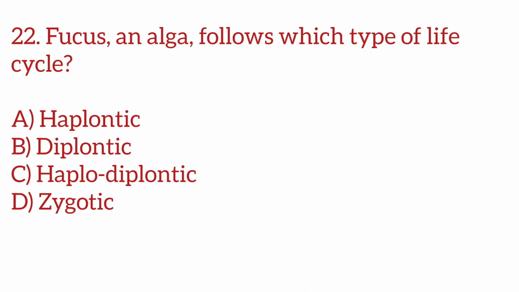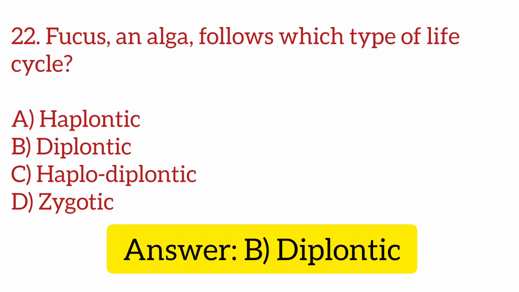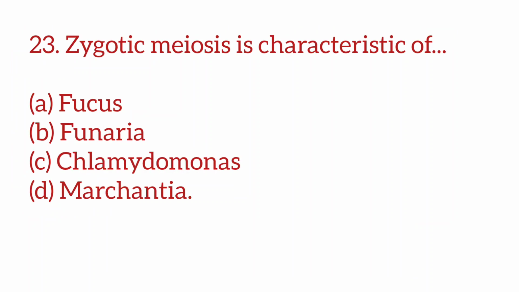22. Fucus, an alga, follows which type of life cycle? A. Haplontic. B. Diplontic. C. Haplodiplontic. D. Zygotic. Answer: B. Diplontic. 23. Zygotic meiosis is characteristic of